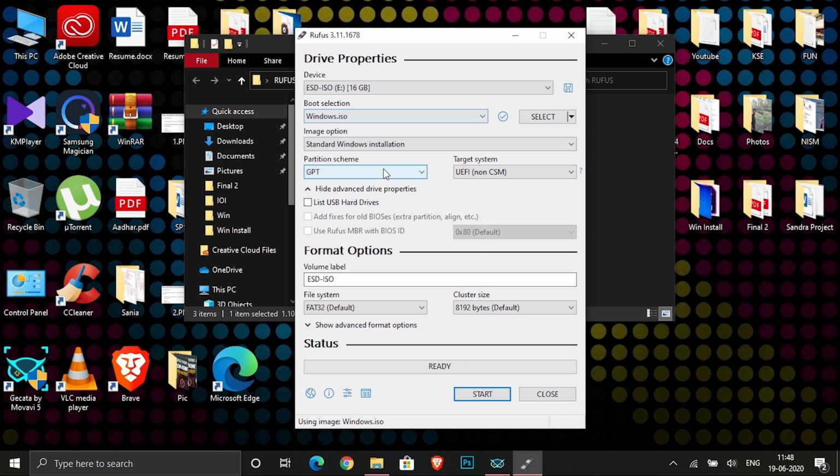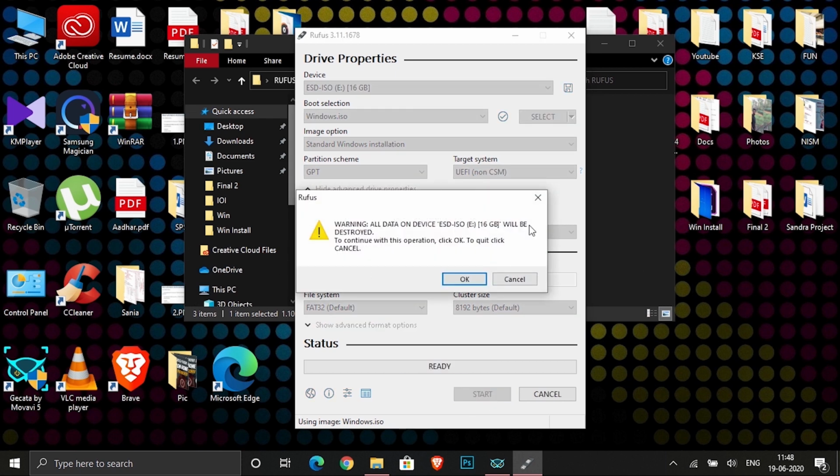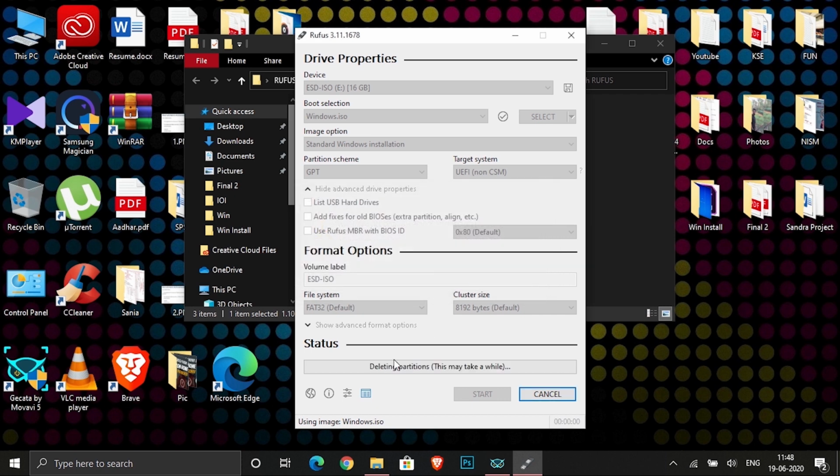Now that I have chosen GPT, just click on start. It will prompt that all your data on your pen drive will be erased. It's okay. Click OK. That's it. Now all the tasks will be completed. It will process it and take a little bit of time, like 5 minutes or so.